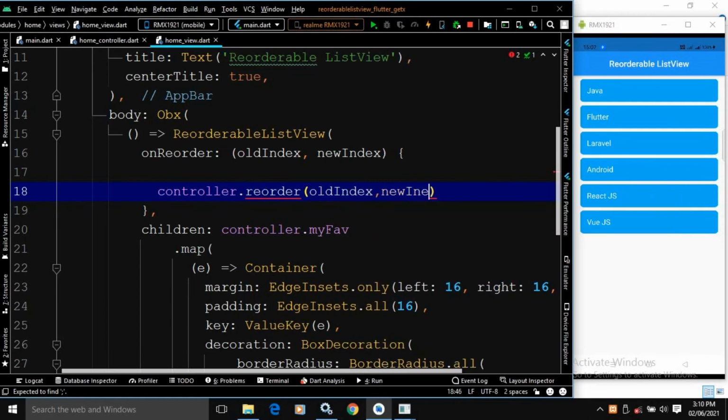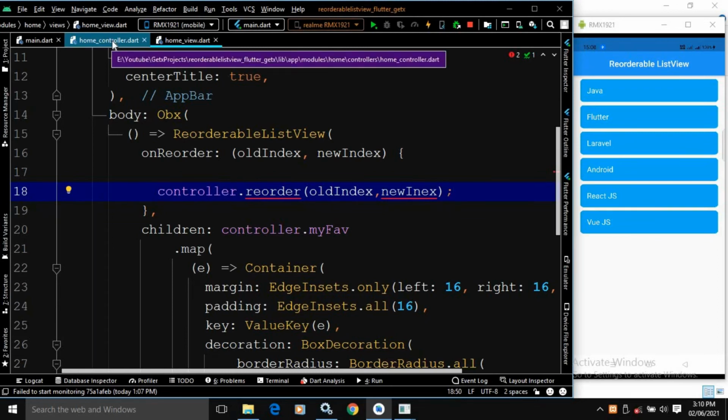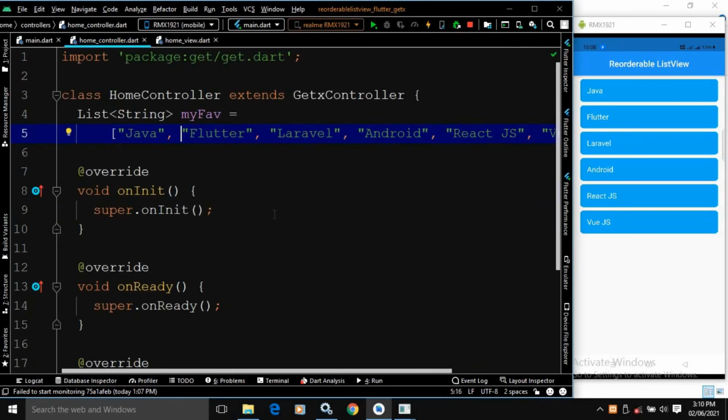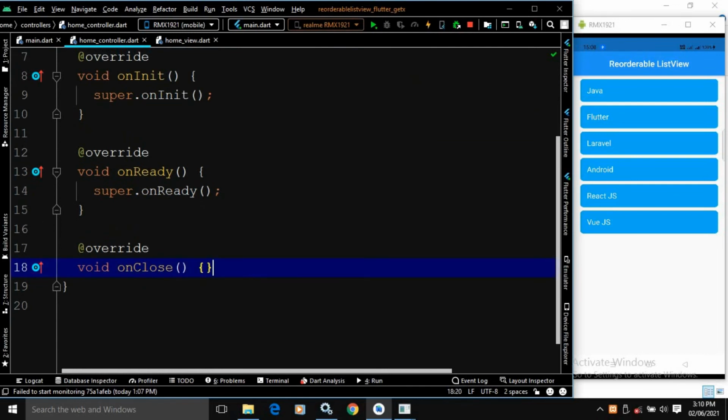Now I need to create this function. Where? In the home controller. So let me move to the home controller, and here I will create the function. It will be void reorder, and here it will be oldIndex, newIndex.